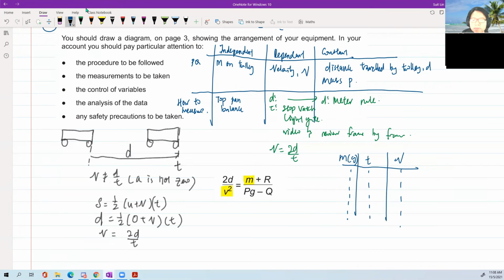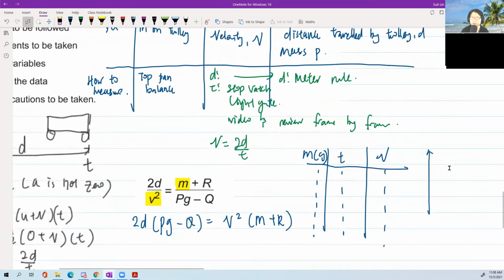Of course, we can't plot m against v because it doesn't look like a straight line. So what to do? Don't know what to do. Cross multiply. We want to linearize the thing. So here it will be 2d(pg minus q) is equal to v square times (m plus r). So I need v to be on one side and m to be on another side. Normally, when we do an experiment, the top part here, let me zoom in a bit. Normally, when we do an experiment, the top part here would be the